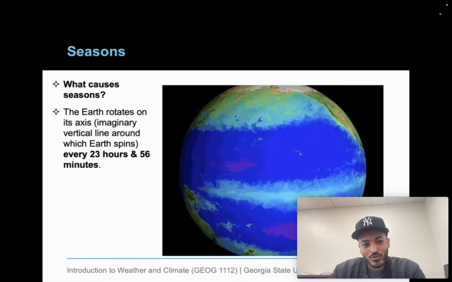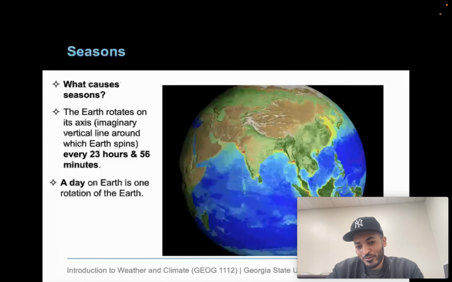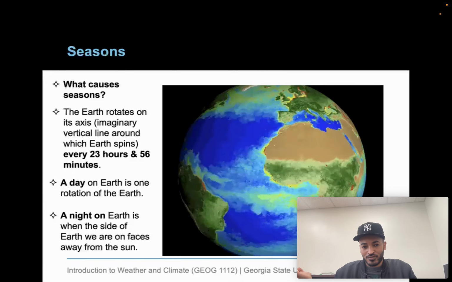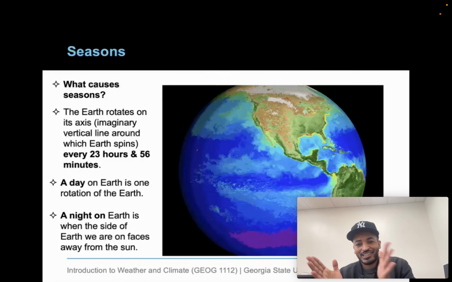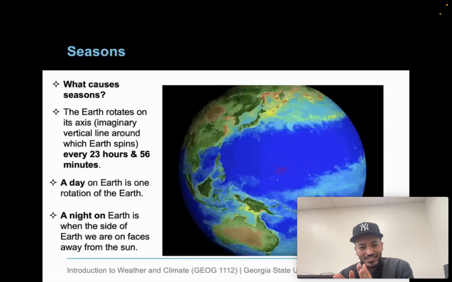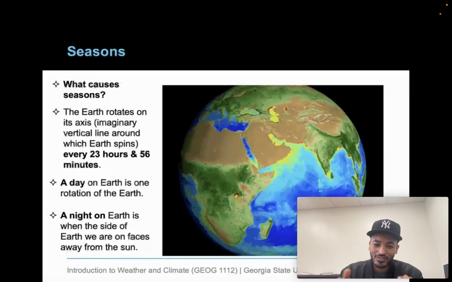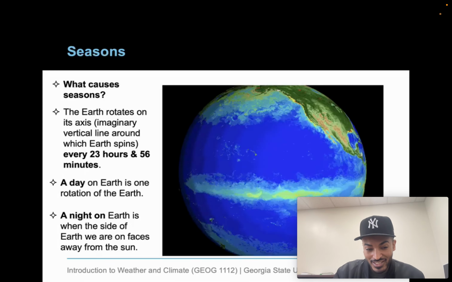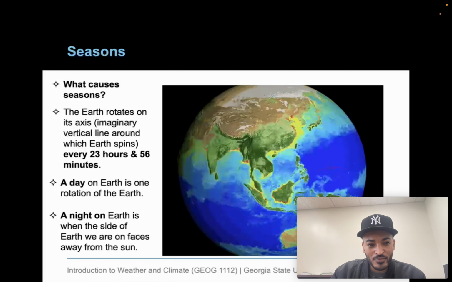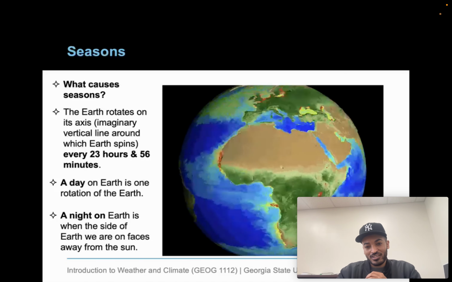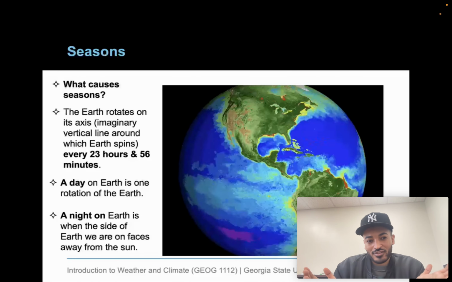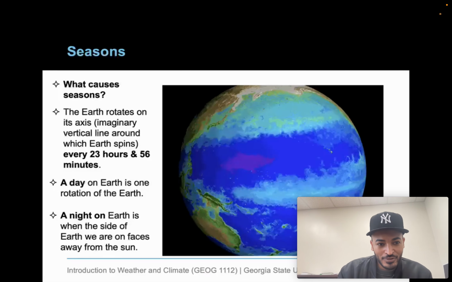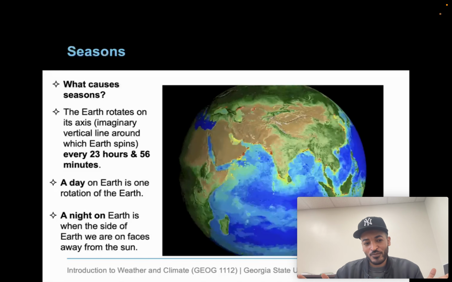I'm sure many of you know what causes seasons, right? Well, to put it simply, it's the tilt of the Earth. If the Earth were not tilted, as you'll see in the next slide, we wouldn't really have the seasons. What causes the seasons is that the Earth rotates on its axis and is also tilted,